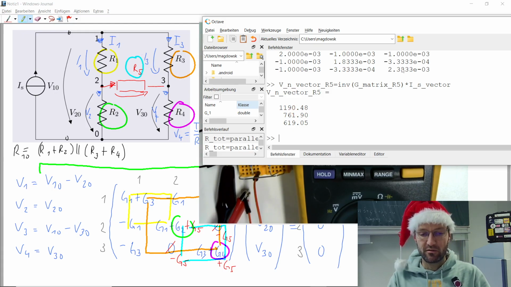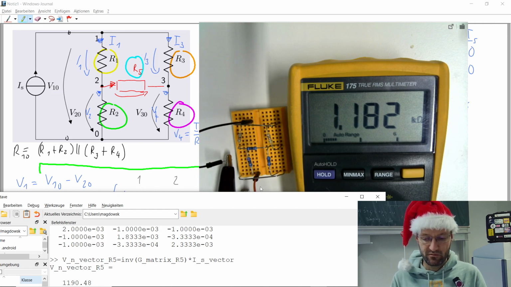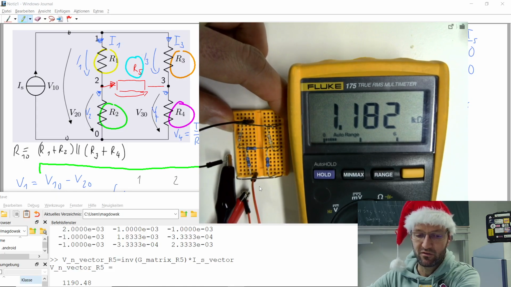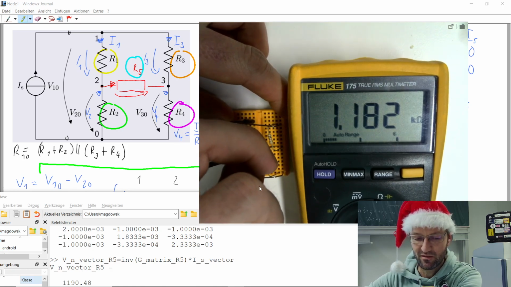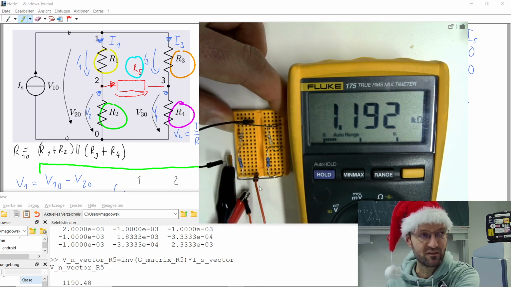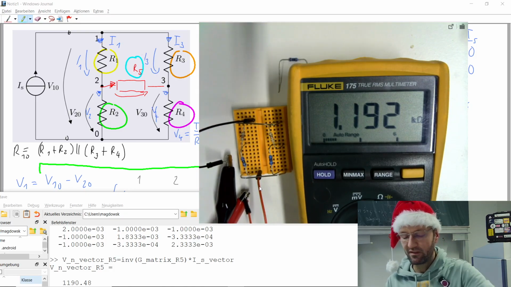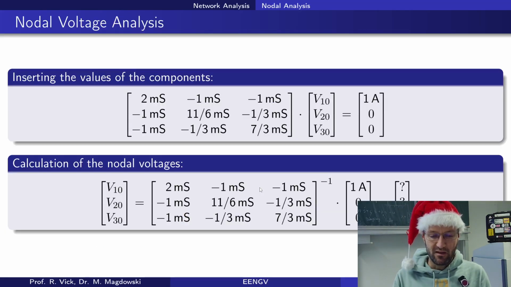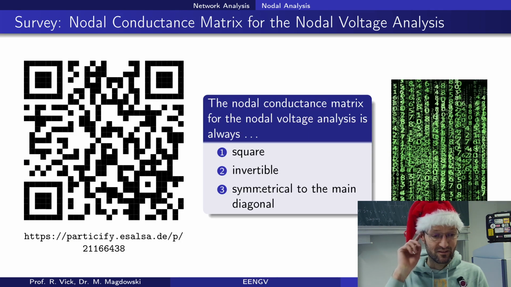Now if we check back on our measurement, this is the result including the resistor. If I remove the resistor once again, and this camera here is really lightweight, very portable, that's why it's always flexing if I barely move the table, the resistance goes up by about 10 ohm. So this perfectly fits to what we just calculated. Okay, excellent. So we have done a solution in MATLAB, we have done a comparison with some measured equivalent resistance, and this nicely fits.